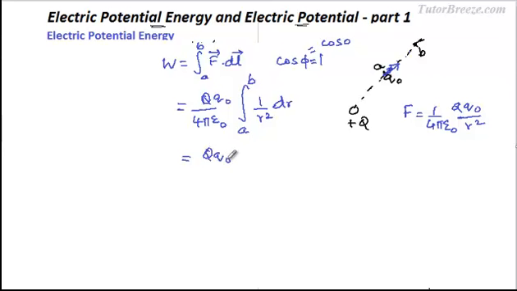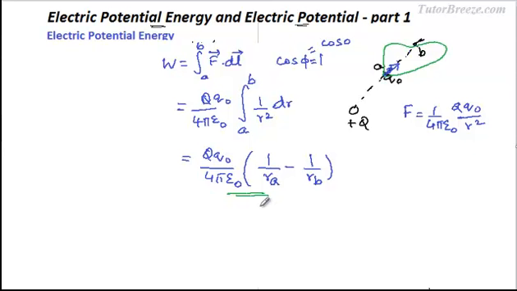Now the result for this integration is going to be minus 1 over r, and substituting the limits we get 1 by Ra minus 1 by Rb. Now this work done will be path independent, which means it will not depend on whether you take the particle from here to here along this radial line or you move along any other arbitrary path. That is because the electric force is a conservative force. So in each case the work done is the same.